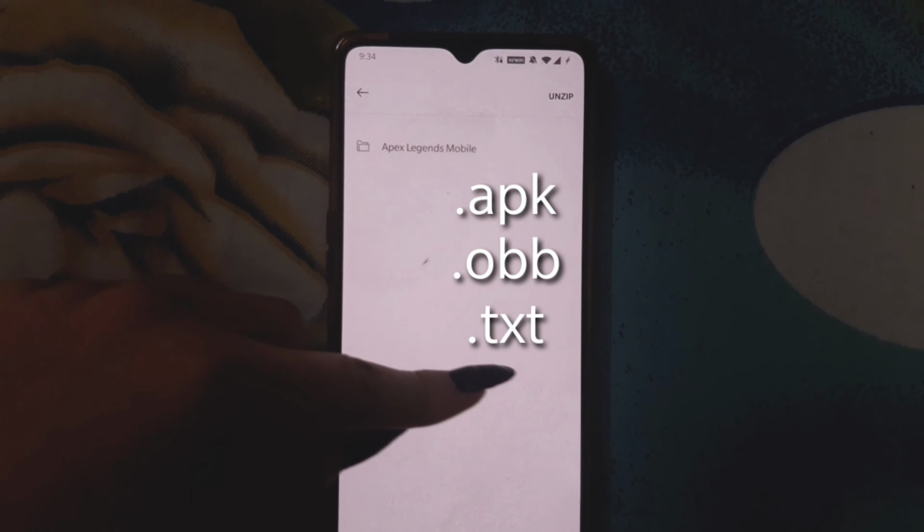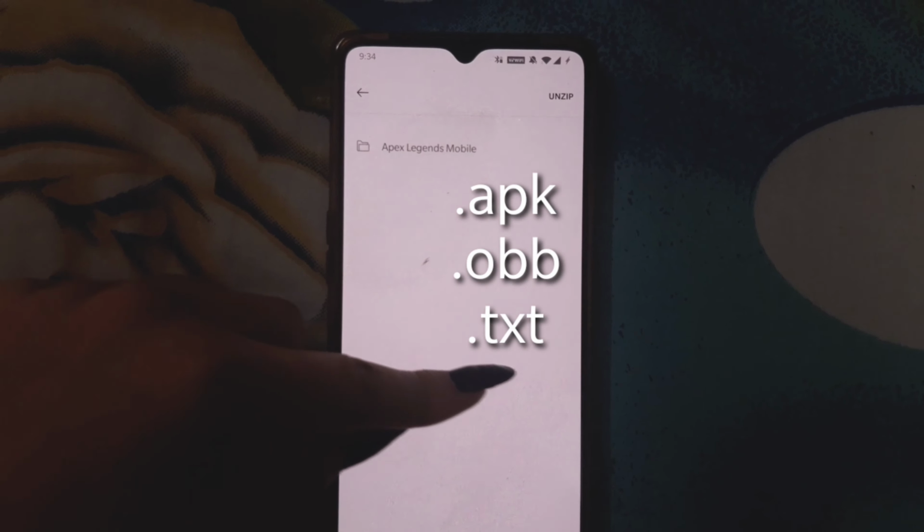What we do with the APK file is, we tap and hold on that APK file and we remove it. Make sure you don't install or run any file yet. So we click and hold on the APK file, and we'll get the settings in the top right of the screen. We don't have it here, but it will have the option of remove. So we remove the APK file, but make sure the OBB is there intact. The OBB should stay there. The OBB is the most important part of the video. Now we have removed the original game's APK.